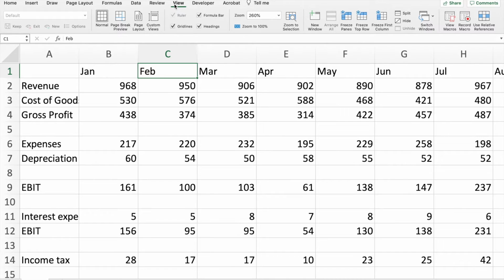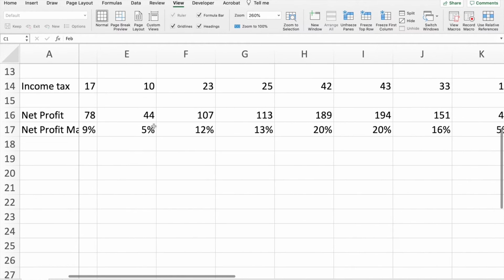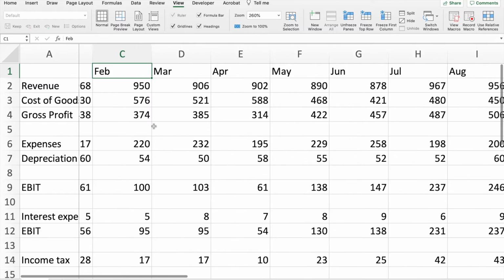where you can find the three options: Freeze Panes, Freeze Top Row, and Freeze First Column. Windows users will have the three options available as a drop-down list under Freeze Panes. To freeze the first column, you simply select the Freeze First Column option. Now we can scroll up and down while the first column stays visible.